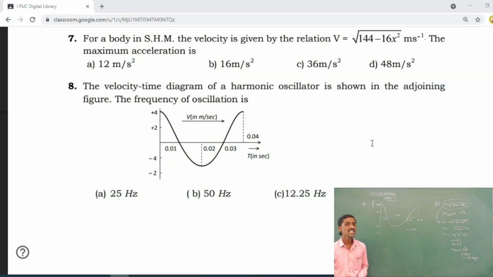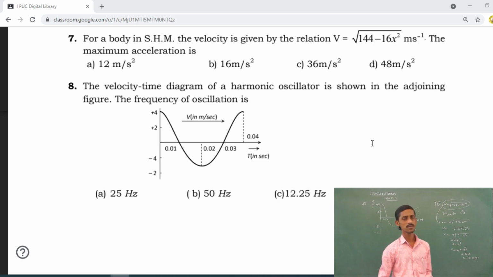The velocity time diagram of a harmonic oscillator is shown in the given figure. The frequency of oscillation